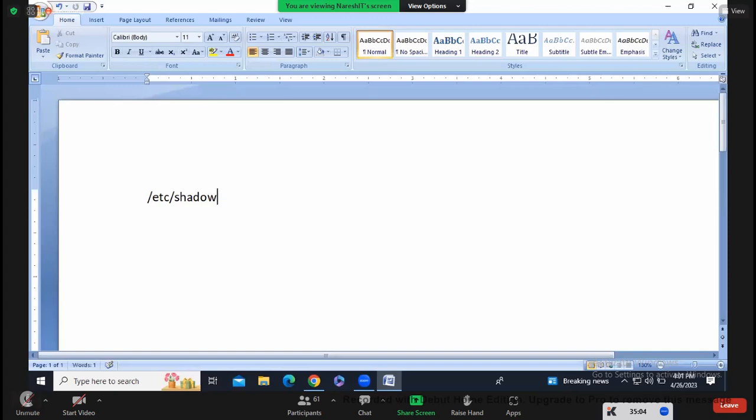So always, guys, the first field is username or login name. The fields are separated with a colon. Got it, guys? Second field, password. Third field, date, the creation date or last changed date, whatever you want to call it, right? Fourth field, minimum age of the password. Okay, minimum age. Then maximum age